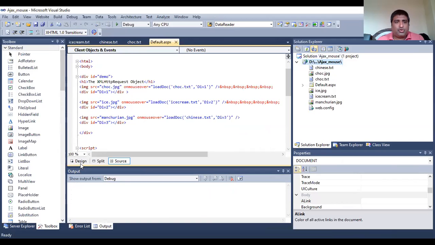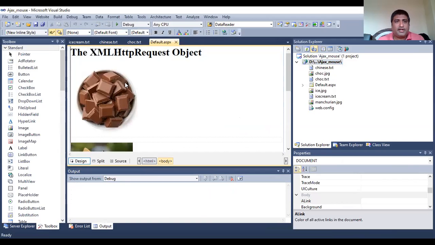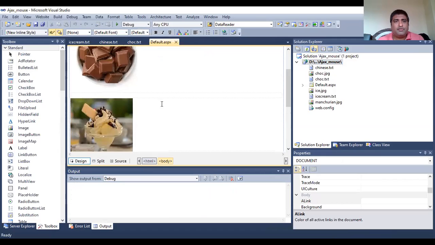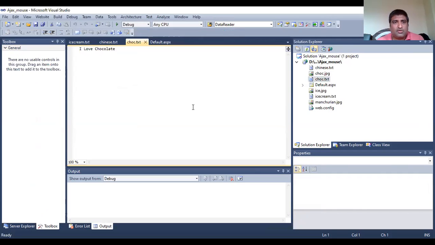So this is the program code. In that I take some images: chocolate, then ice cream and Manchurian. When the user mouses over an image, it immediately displays the text that I keep in the chocolate.txt file. So this is "I love chocolate." In the ice cream text I write "I love ice cream", and in Manchurian.txt, oh sorry, in Chinese.txt I write "I love Manchurian." So this data will come on a page